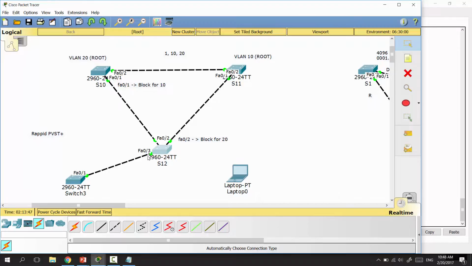Okay, and what if we need to block this port or this port of the switches, but this port is not blocked because it is working with the port fast? We may have a loop on layer 2, and to prevent the situation we are able to configure with the port fast. So let me write: port fast has to be configured